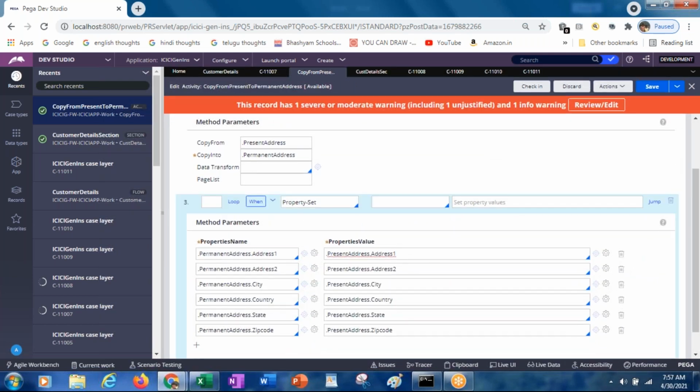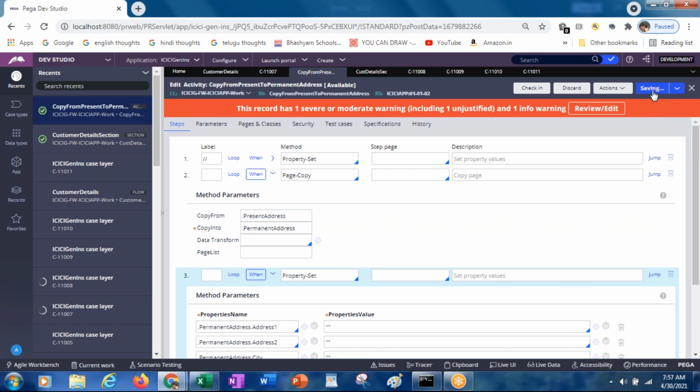I want to initialize it with null. I'll save this activity.